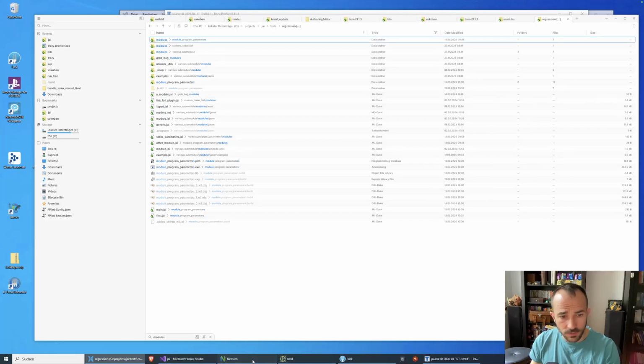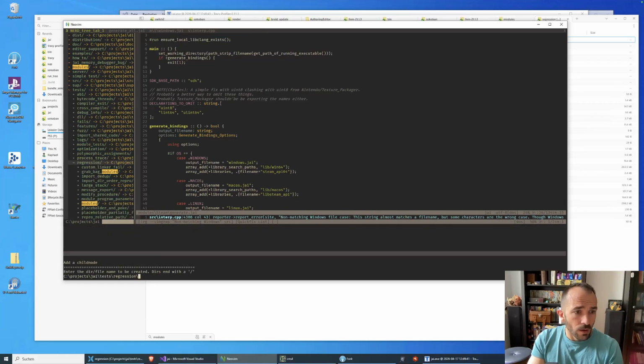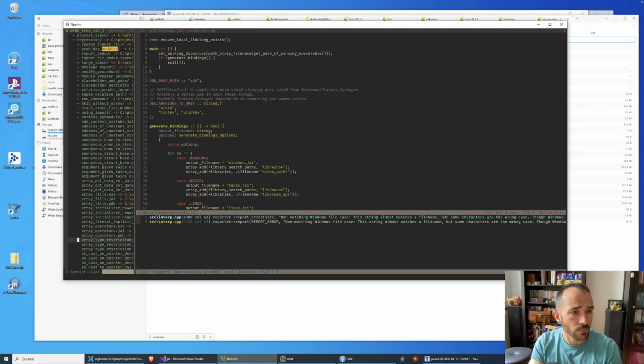Okay, whatever. Let's do it by hand. So we have test regression, relative module import, and we have a main.jai in here. Why is this slow? Where's my relative? There.